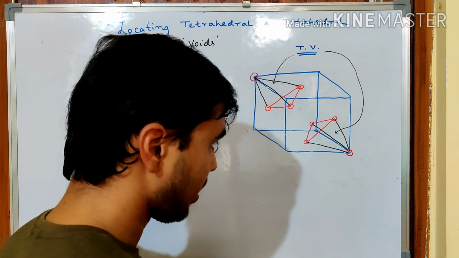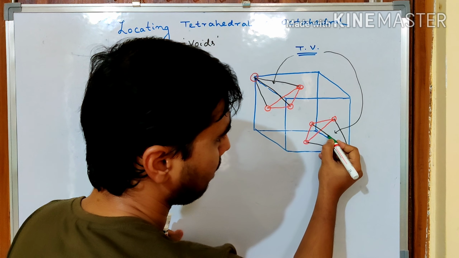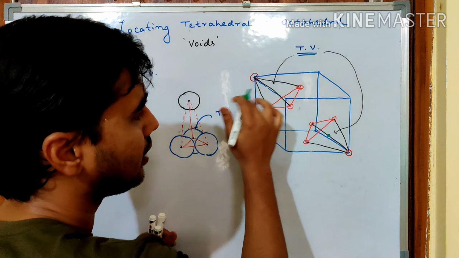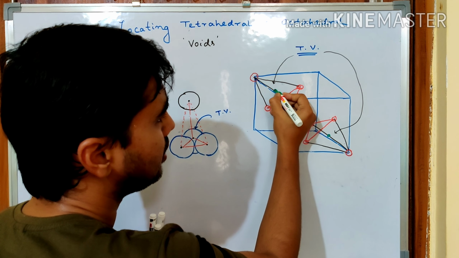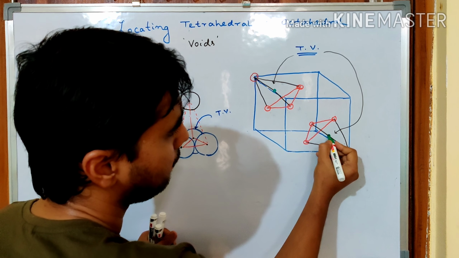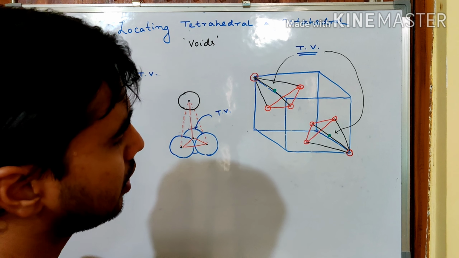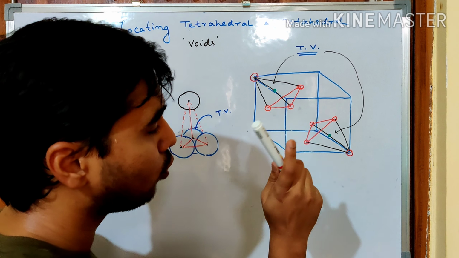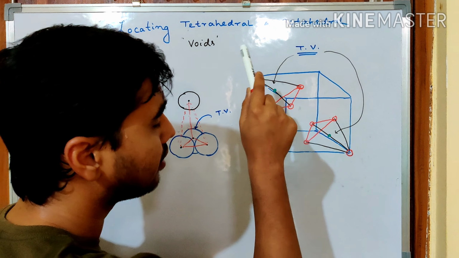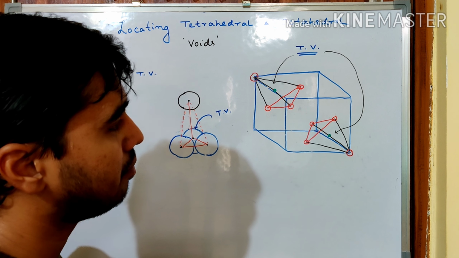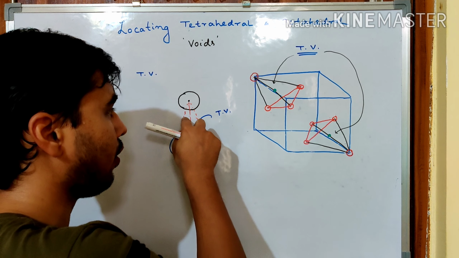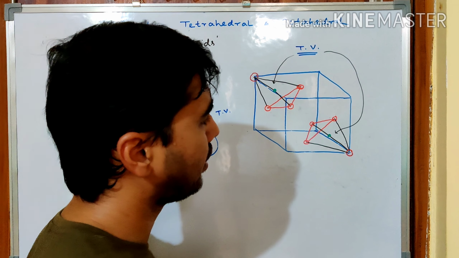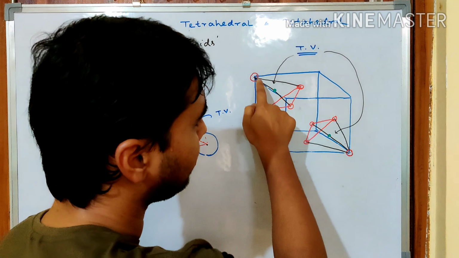Let us draw. I am using this green color. So it will be here, I think. And on the other side also, it will be here. These two green points. Check carefully. These two are the center of those atoms which is present at the void. Means an atom, if it is placed on the void, the center of that I am determining with the help of this green point. If I join these two points,